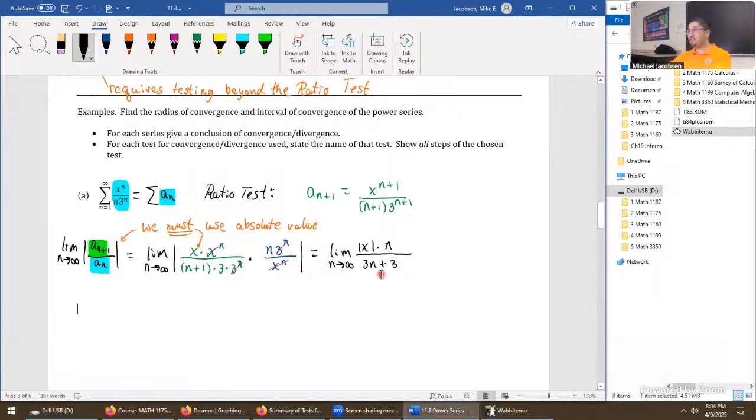It's indexed by n. That means every single thing not involving n is constant. So x is a constant in this limiting process. You don't have to move it outside, but sometimes that helps to see. So let's write in a quick comment as well. If we're indexed by n on the limit, then the absolute value of x is constant